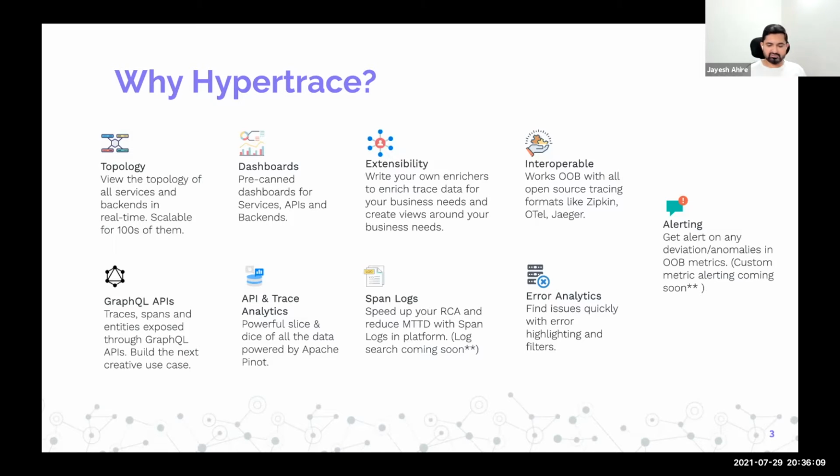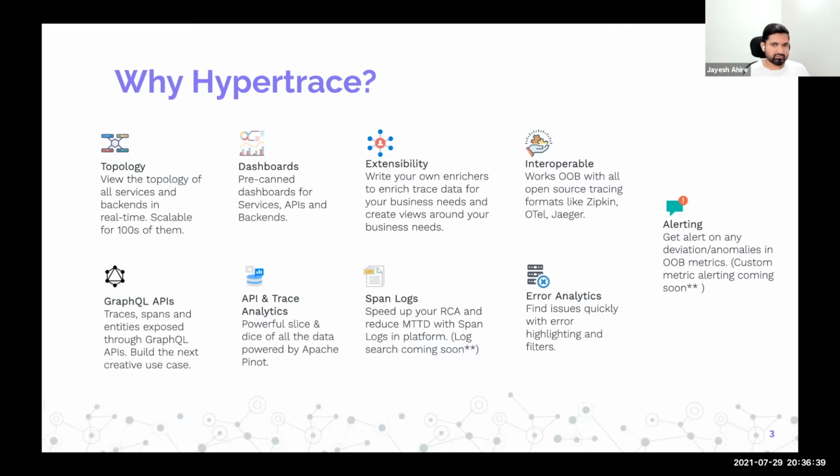So the agenda for today will involve going over the current state of Hypertrace, then engineering updates, what's going on on the engineering side, a demo of some new interesting features, and then the roadmap. We will discuss the roadmap briefly, and then we will have some open questions around observability, Hypertrace, or tracing in general. Cool. So let me jump to the current feature set of Hypertrace.